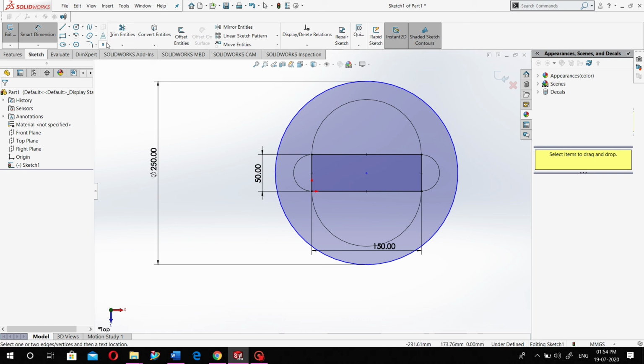Then we see the arc. In the center point arc, you select the center first, then you select the end point. In the tangent arc you select the tangent straight line, and you select the second point, so your arc is created. And in the 3-point arc you select the start point, then the end point, and then the center point. So this is about today's session and tutorial, where we have learned 3 different commands: circle, arc, and rectangle.